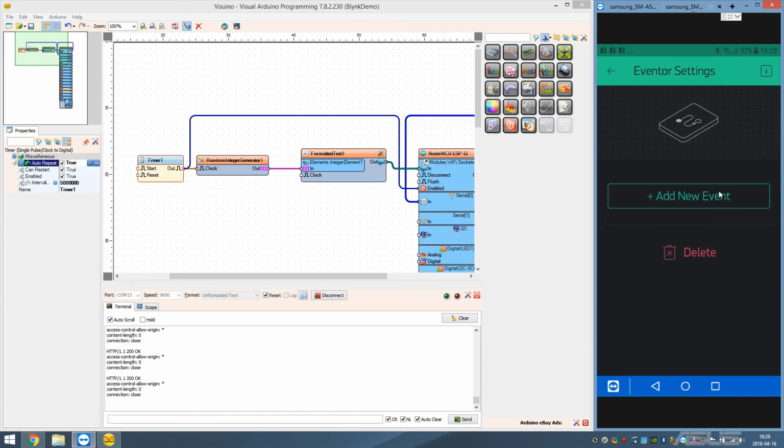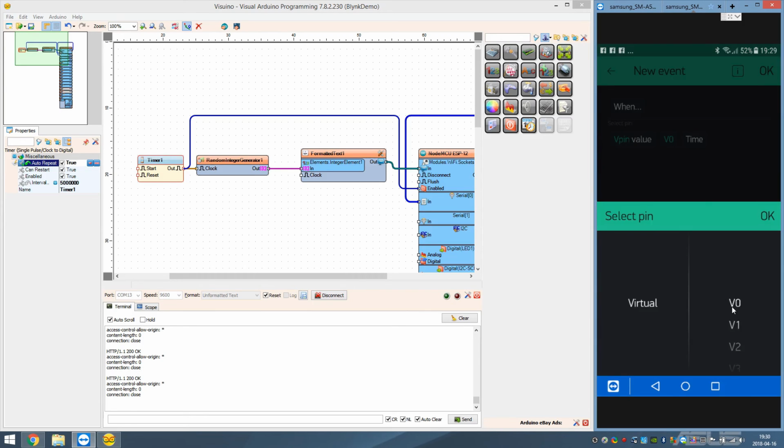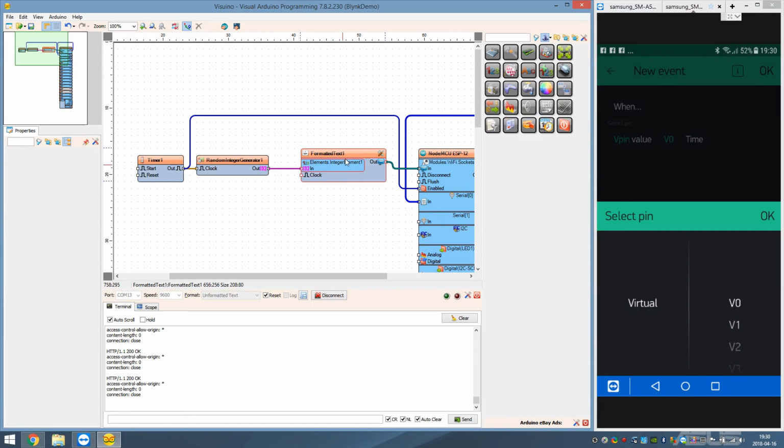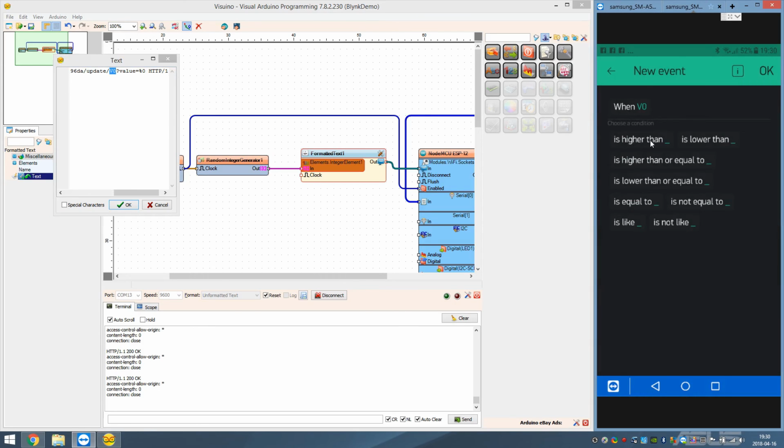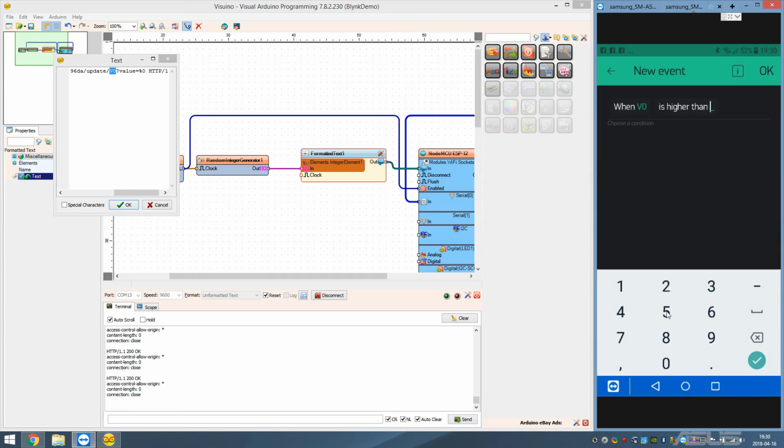Go in and change a few settings. I'm gonna add a new event, and that is pretty much an if statement. So when virtual pin value 0, you change it to whatever you like. So this is gonna match the value you're pushing over here in my syntax. It's gonna match that one. So I press OK. So if it's higher than, let's say, 50,